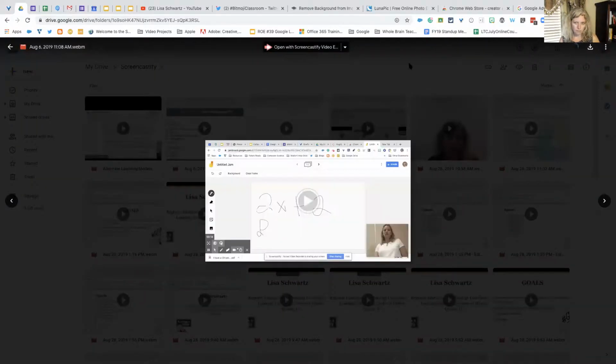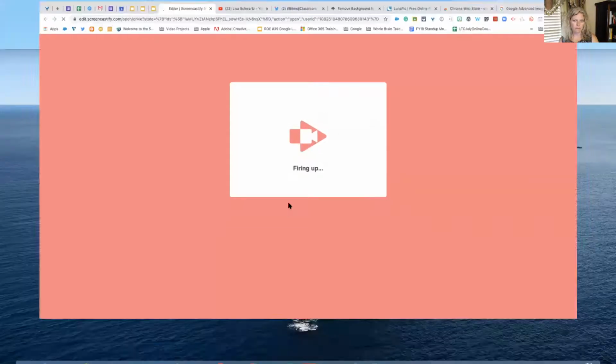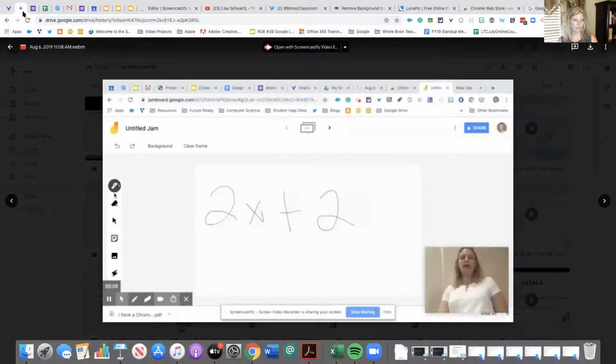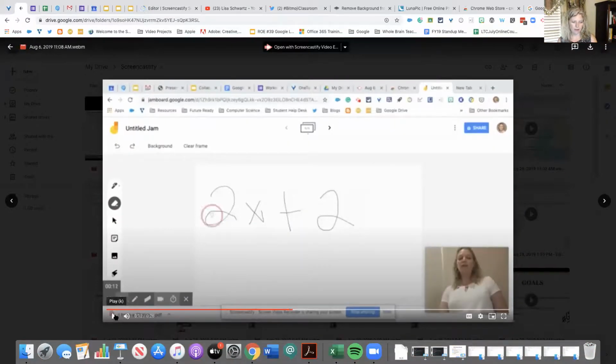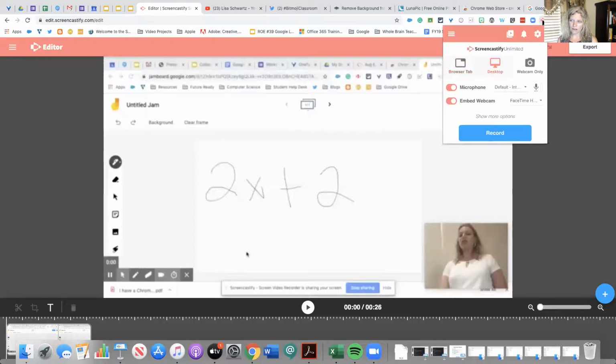Talk about how they need to get X by itself and actually solve, or try to solve this by writing on this Jamboard. Okay, so that's actually using Jamboard if you haven't used that before. But so here I've got my video. I've added it to my editor. And let me